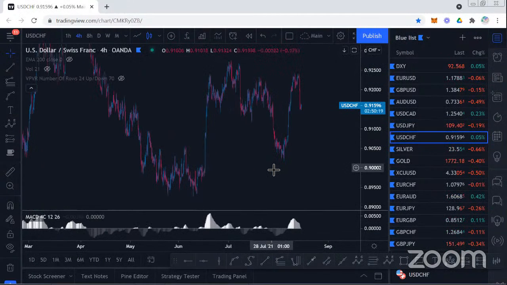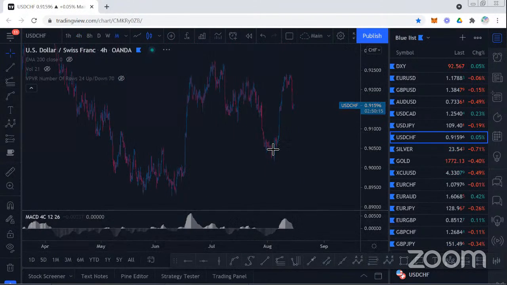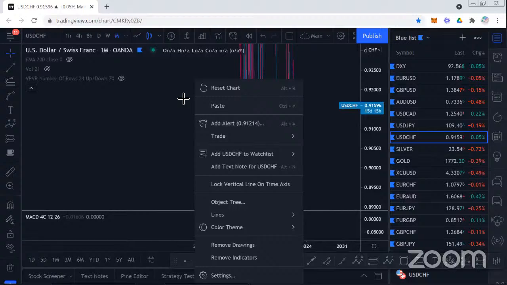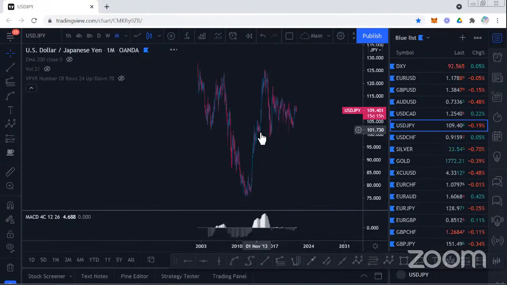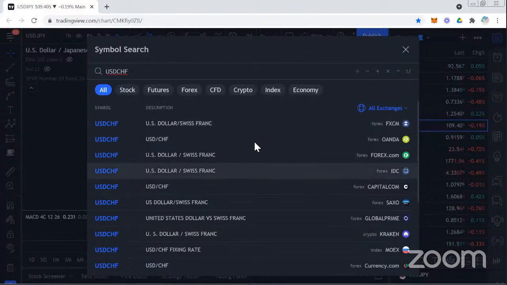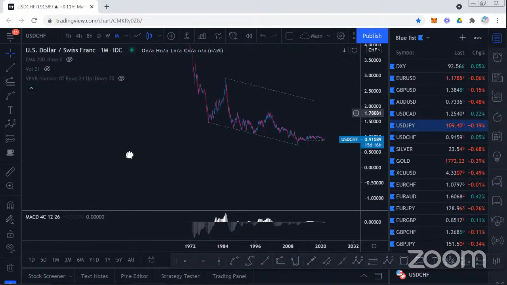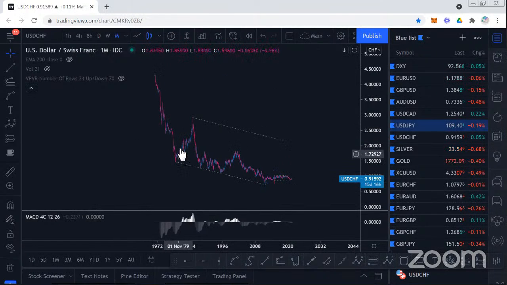US dollar Swiss, lower time frames, there's not much clarity, but why I put it on the list, I just want to show you the monthly time frame. Actually, I want to go to the monthly time frame on the longer term chart, on the IDC chart. And you can see how we have this big impulse, and you have another impulse up to the upside, basically from early 80s. Then there's 1, 2, 3 down. I think this is your B wave down.